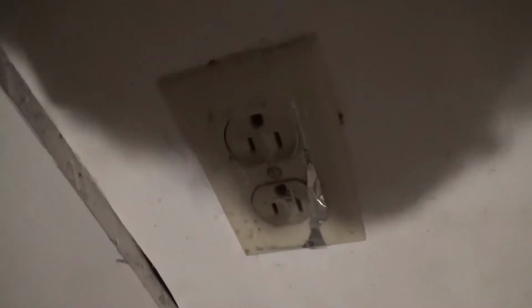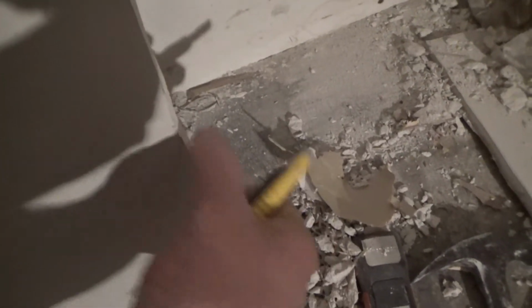So what you gotta do, I'm just gonna kind of mock it as I'm trying to run the camera. Go back to where it's loose, and then just kind of run your knife down there and kind of shave it. And basically from here down it's a little tight, so we'll do that a couple times, and then voila, it'll fit. Or if you have to, just pull the piece of drywall a little bit away and then just mark it, and then you can shave it down like that and get it to where you need it,